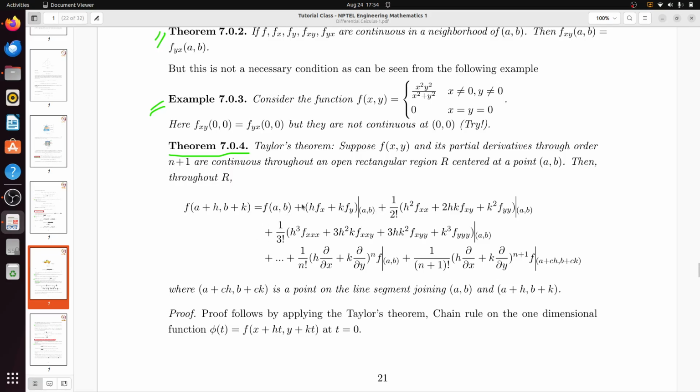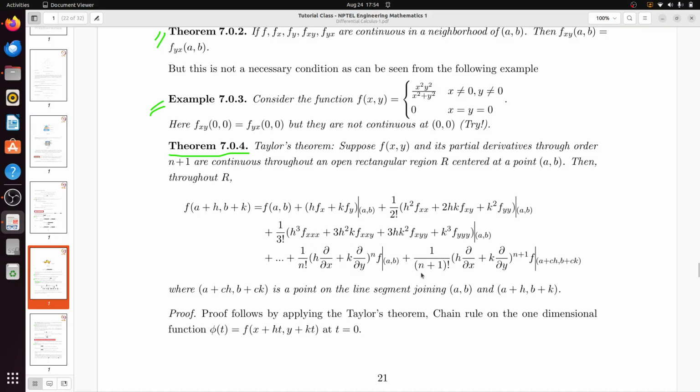Here h and k are the increments, plus 1 by 2 factorial (h square fxx plus 2hk fxy plus k square fyy) at a comma b, 1 by factorial 3. Then once again it is just the binomial coefficients, the binomial formula for a plus b whole square: h square plus 2hk plus k square. Here also you will get